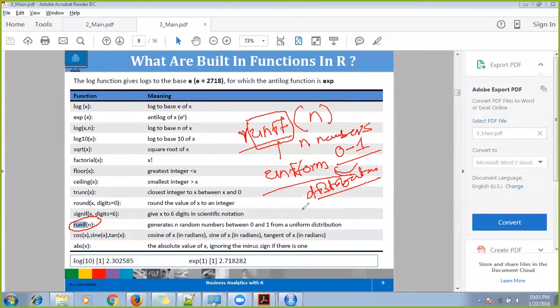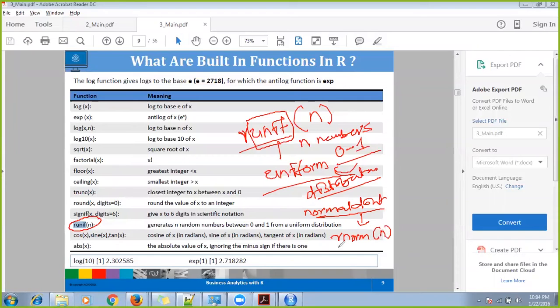But similarly, there is something called normal distribution, if you have heard of Six Sigma and all that stuff. If you want to create random numbers using normal distribution, there is a similar function: R for random numbers, and NORM for normal.